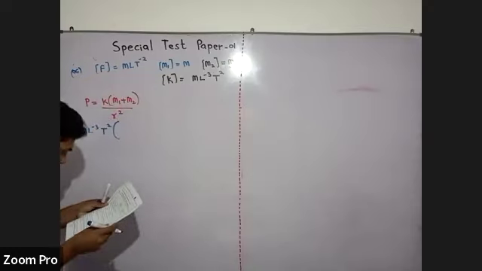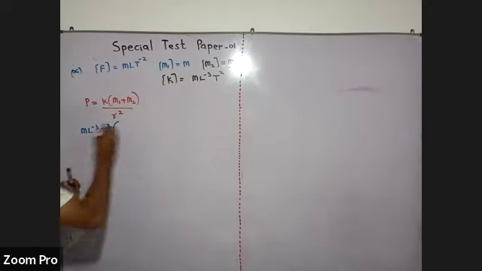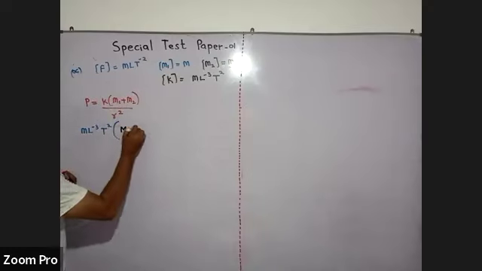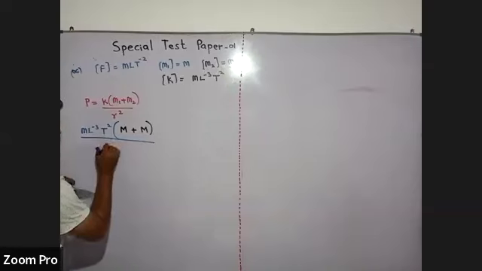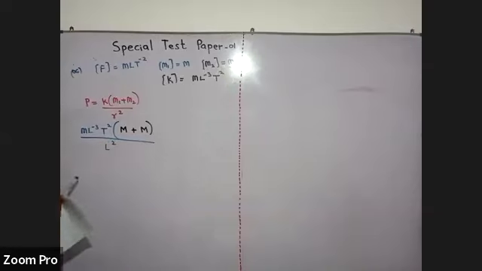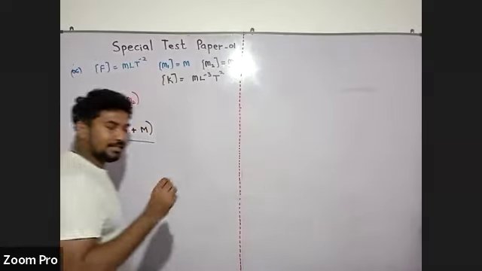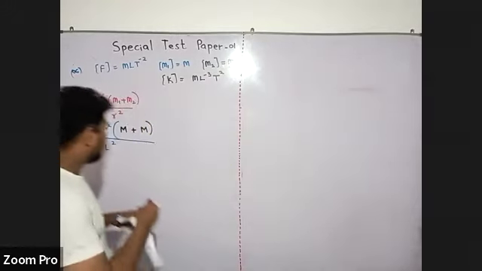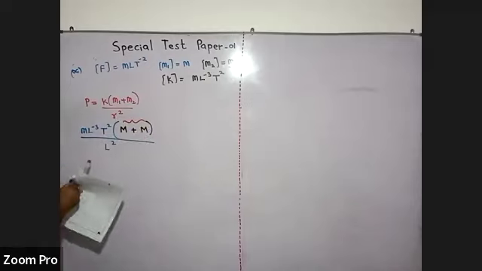Inside, there's an addition of M1 and M2. So if I substitute the dimensions for M1 and M2, it should be capital M plus capital M over, now R represents the distance, so that means L squared. Now guys, you know that if there's an addition of dimensions of a unit, both these dimensions are in a similar way. So instead of m plus m, we can consider a single m. That is,